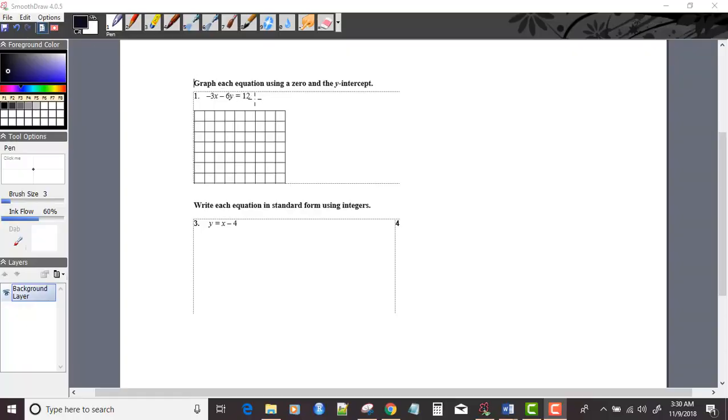In this first independent practice problem, we're asked to graph each equation using the x-intercept and the y-intercept. So let's just think of this as the x-intercept and the y-intercept. It's not that this is wrong, it's just maybe easier to understand. This is going to be like the example 1 problem that we did, where we're finding the x and y-intercept by setting x equal to 0 to find the y-intercept,